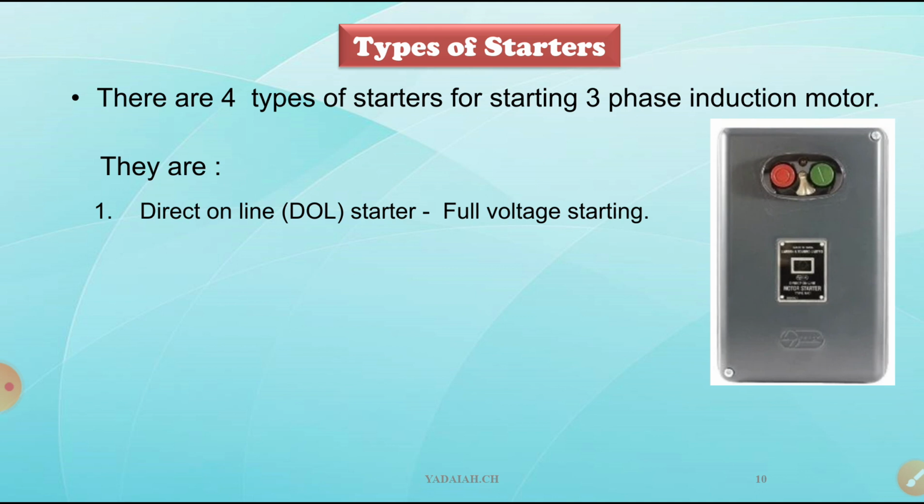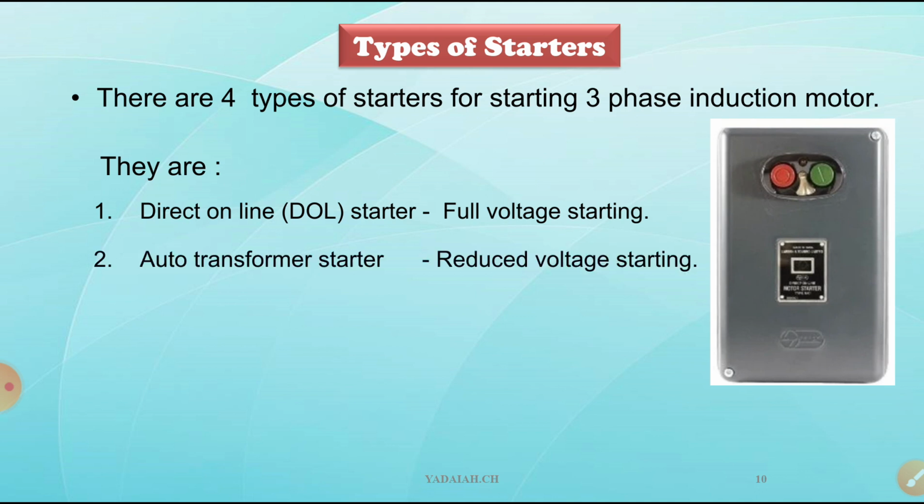Coming to motors whose rating is more than 5 HP, we are going to use another family of starters, that is the auto transformer starter. In this case we give reduced voltage at starting with the help of a knob. Do you remember the auto transformer? Yes, you used it in your laboratory for the SCOC test conduction time. You used the variac. That variac is nothing but an auto transformer, but that is single phase. Here you are going to use a 3-phase auto transformer.